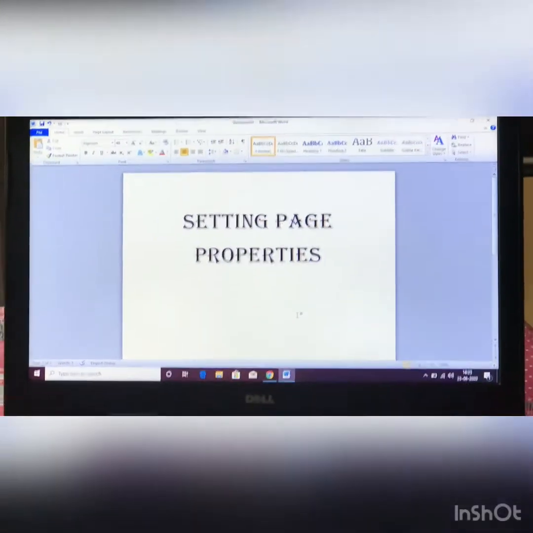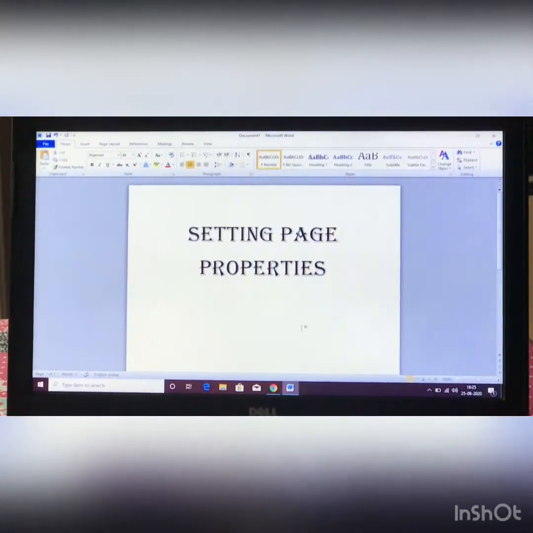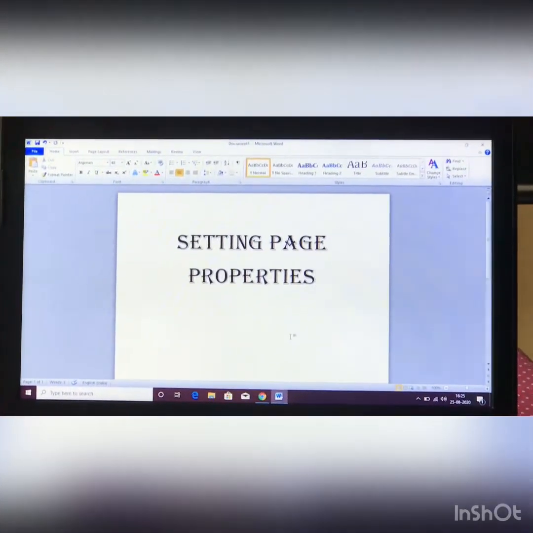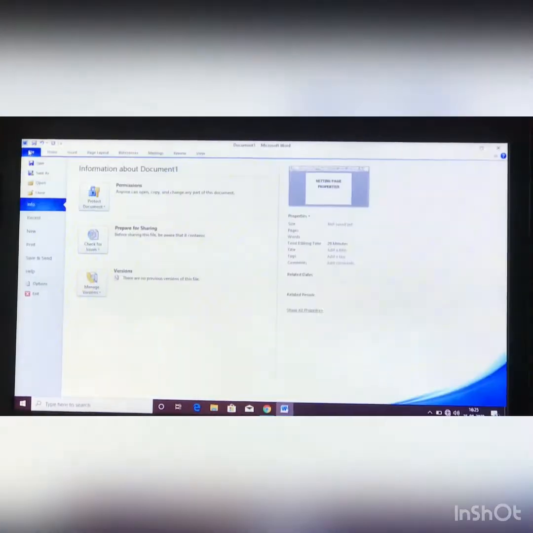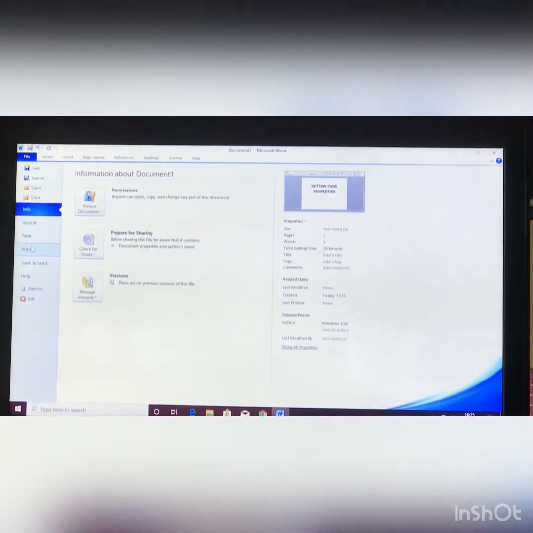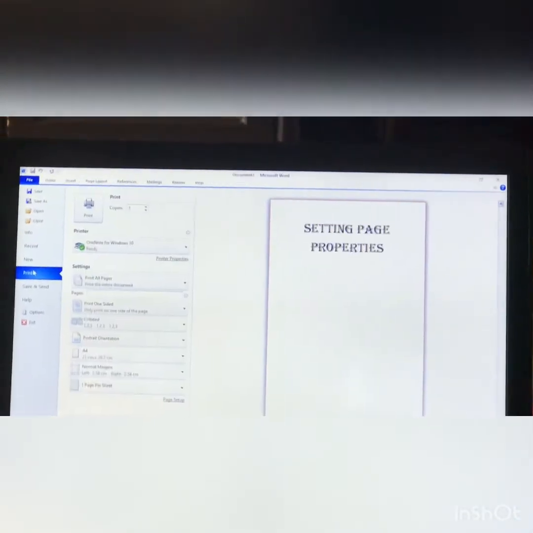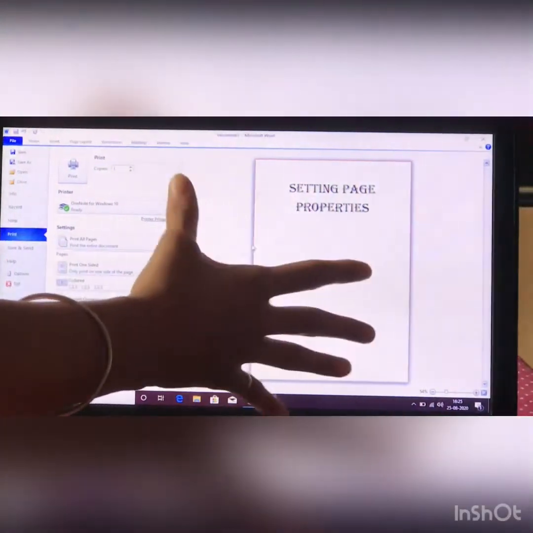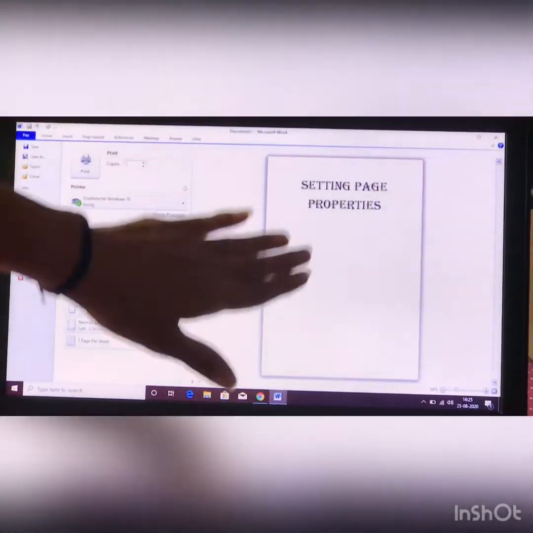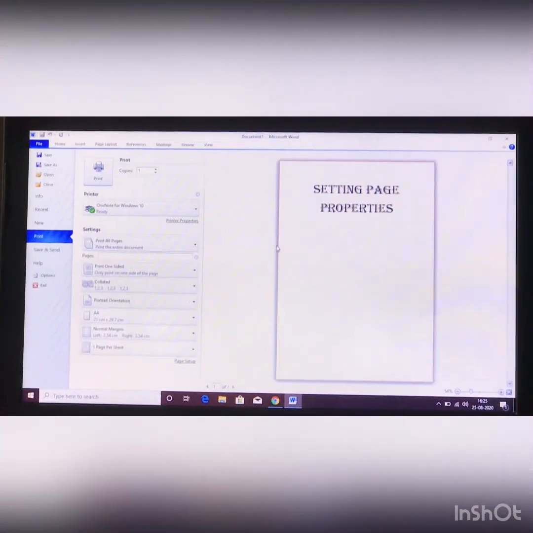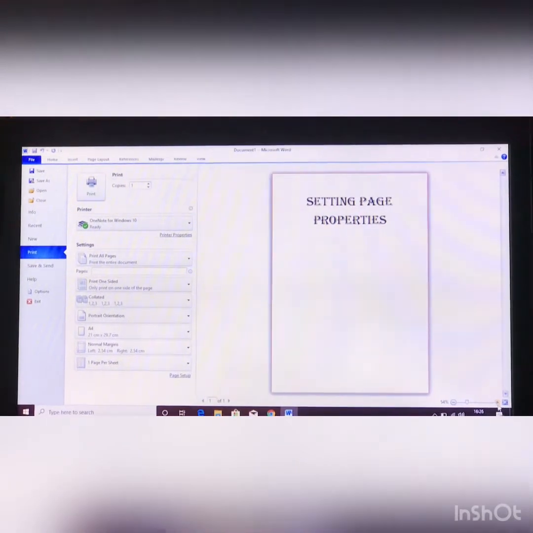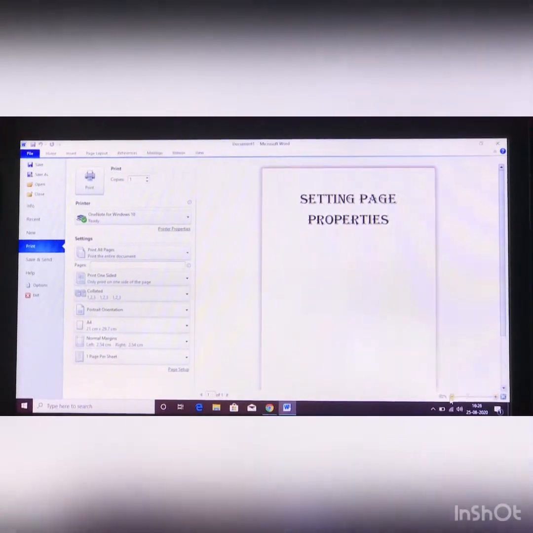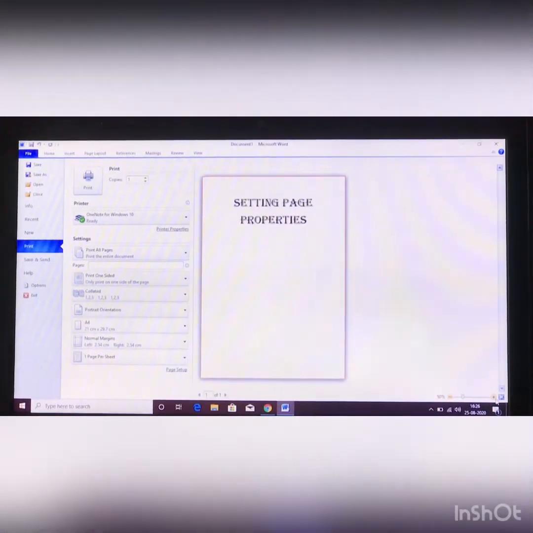Now students, we are going to see how to preview and print a document in Word 2013. So first step, we will click on the File tab. Then we will click on the Print option. So it automatically previews the page. This kind of page will print out. Here in the preview section, you can see the zoom bar. You can zoom in and zoom out by using these options.